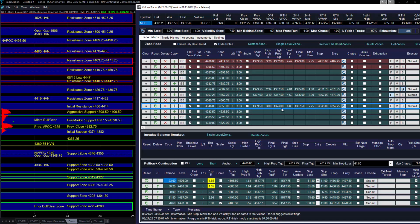At initial support, the probability of ES just going right through the zone is certainly higher as compared to the 46 to 55 area. So if we continue to run on below average volume, so for example right now we're running on 86% in the micro ES and 79% relative volume in ES. So if that theme continues, off the open, we don't see a pickup in volume and the market continues to run on around 80% relative volume, then it would take a lot of downside momentum to take out 46 to 55. I think the range potential may not support a break below 46 to 55. So I'd be much more comfortable buying that zone first time down,